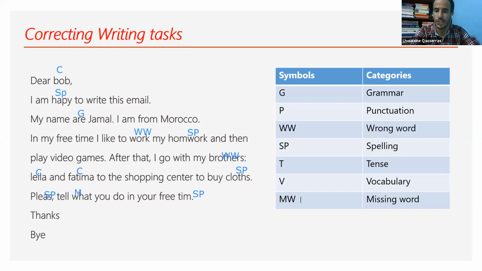Very good, Samira. Students should know beforehand, of course. As a teacher, when you are dealing with writing tasks, the first class should be devoted to teaching them these codes, these symbols, and you practice with them. You can start with this example, with this situation, okay? What's the problem? And you can provide them with the chart, symbols and categories. Once they understand the symbols and categories, practice, give them some samples where there are mistakes, you correct with them.